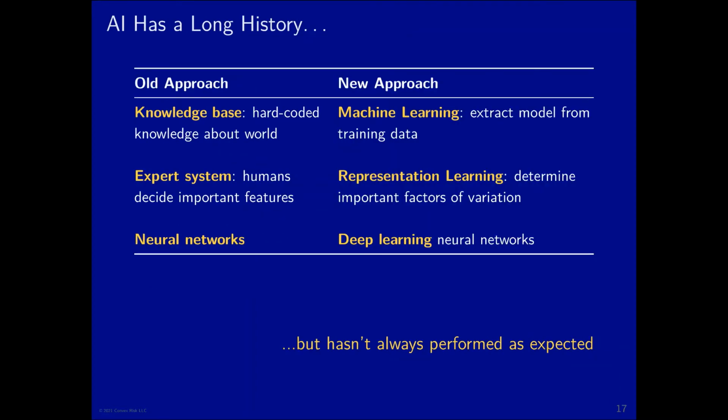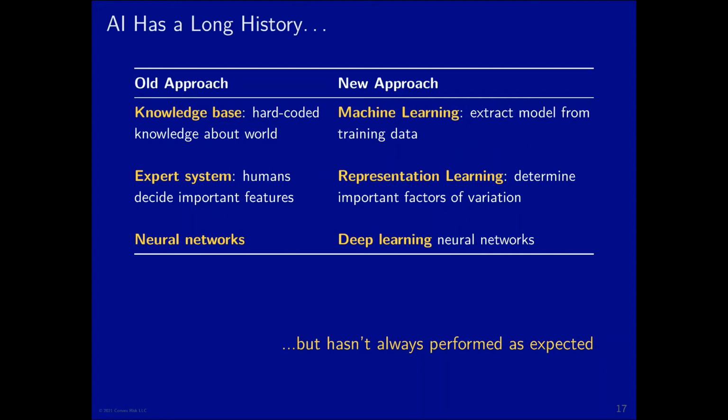So this is a very long history. We've been doing this back into the 50s, I think. AI has been around. There's been some evolution. We've talked about moving from knowledge-based and expert systems to machine learning approaches. We've talked about the importance of the representation of the data, how we figure out what comparables are, and there are algorithms that do just that. And then neural networks, which is what we were describing there, as they got deeper and had more levels, became called deep learning.